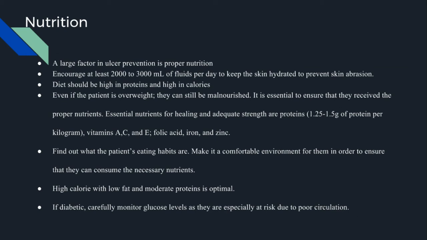So I guess the ballpark amount of protein they should get is 1.25 to 1.5 grams of protein per kilogram, and then we want to make sure that we get vitamin A, C, E, folic acid, iron, and zinc. So a lot of these we can find in fruits and veggies. So we want to find out what the patient's eating habits are. We want to make it a comfortable environment for them so that we know that they'll be